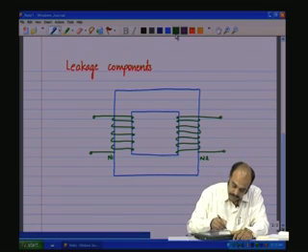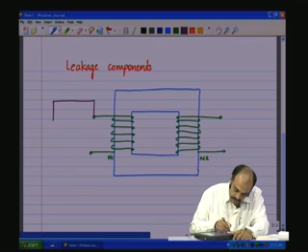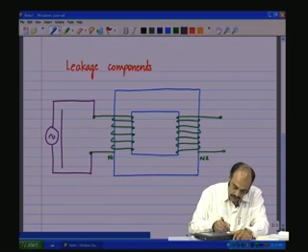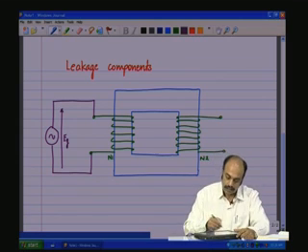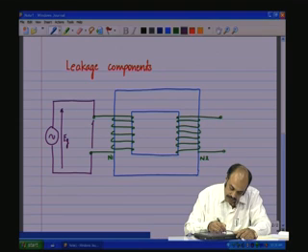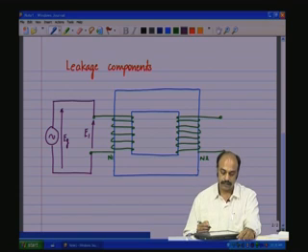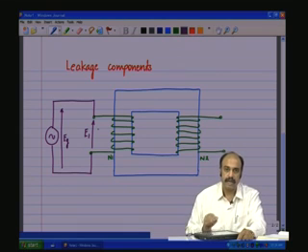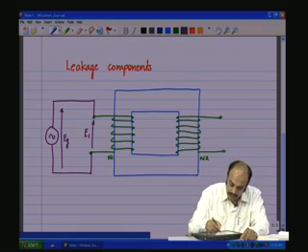Now, to this we shall attach a generator to the primary, which is having an effective value E g, and there is an induced voltage with an effective value E 1 across the coil. This being an ideal transformer, if there is no load connected here and if there is a generator applied, even with I 1 equal to 0,